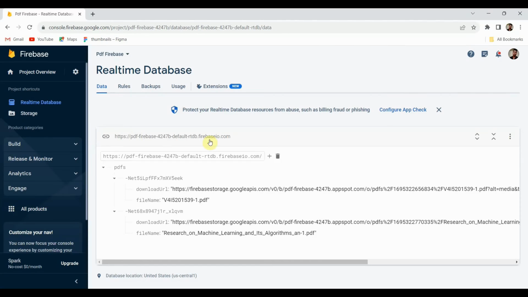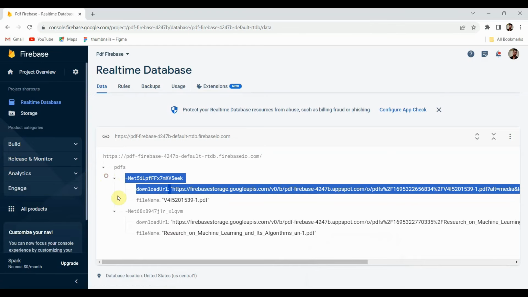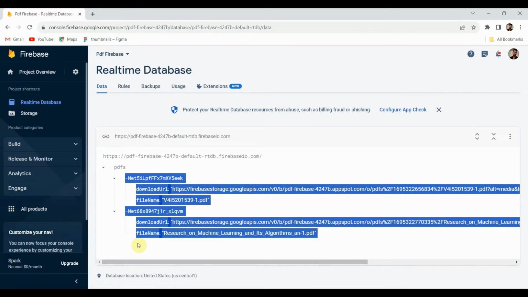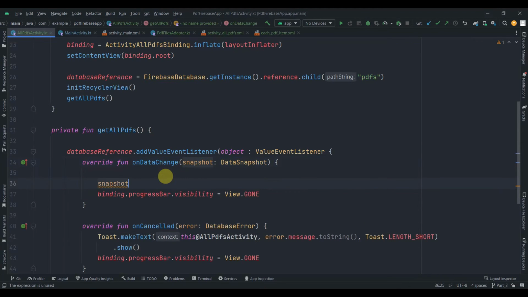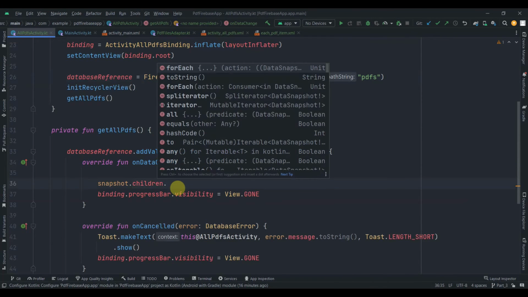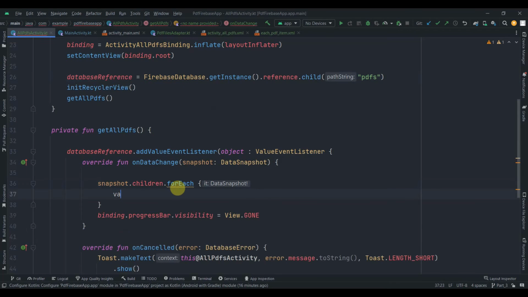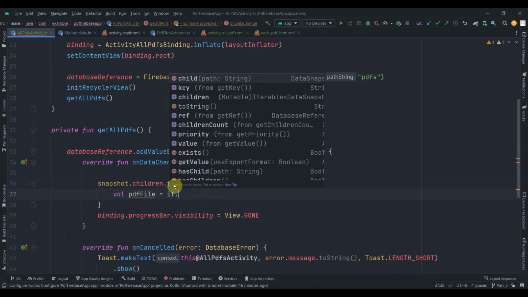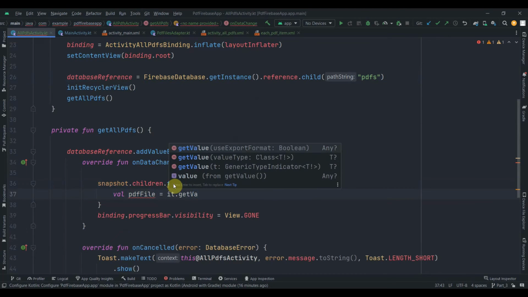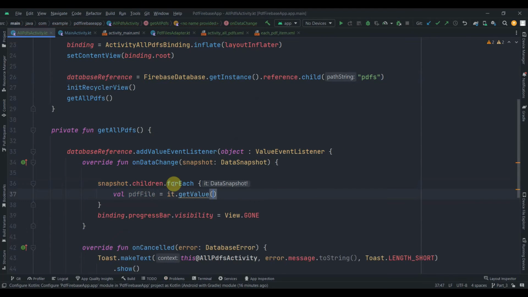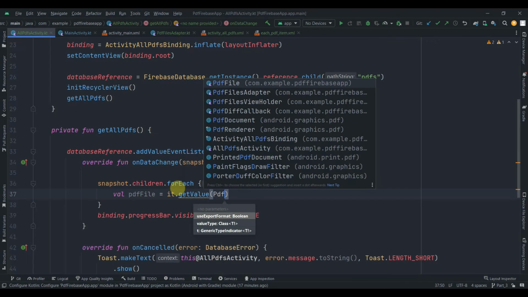Okay, so in this snapshot we'll get everything from the real-time DB. So we just need to get this data from inside the PDFs. We want to get this data and we need to display it in the RecyclerView. So in order to get that data, we just need to write snapshot.children. So from these PDFs we want to access its children, and as this is iterable we can just use a forEach loop here, and I'll create one val which will be pdfFile, and this will be equal to it.getValue. We'll use getValue function in order to parse our data. So let's just write getValue, and you can see we can pass the class that we want our data to be parsed into. So I'll pass the PDFFile